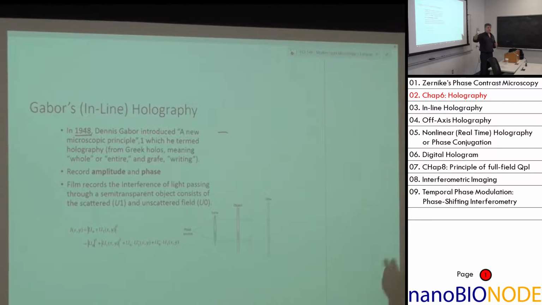So amplitude is easy. You just take a snapshot. The intensity is the square of the amplitude. The hard part is the phase. Okay? So in his original setup,